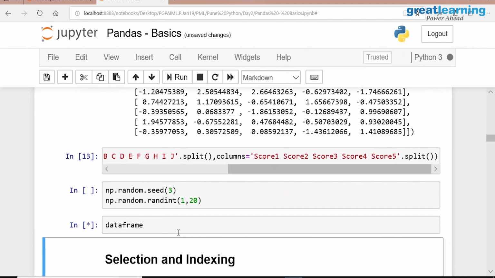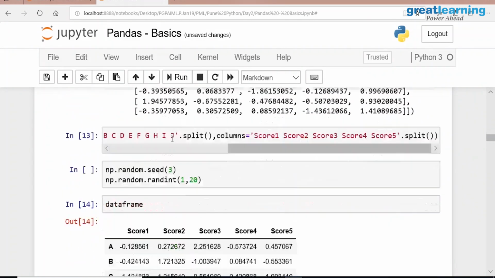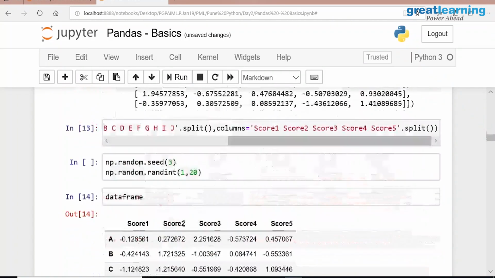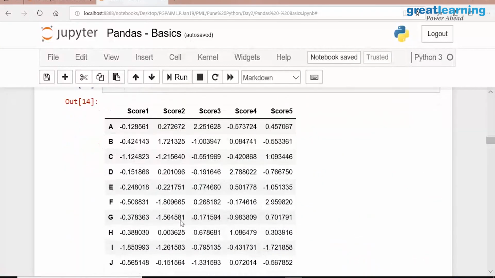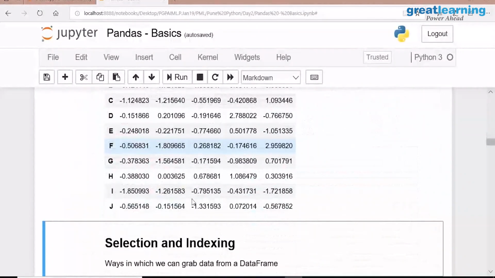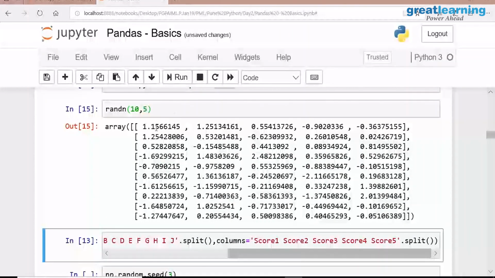If we print this data frame, the same values here, right? Whatever values I am seeing here, the values here. But you are seeing a different value here and here. Why? I created it here, and here itself the values are changing. It's a random number, no?